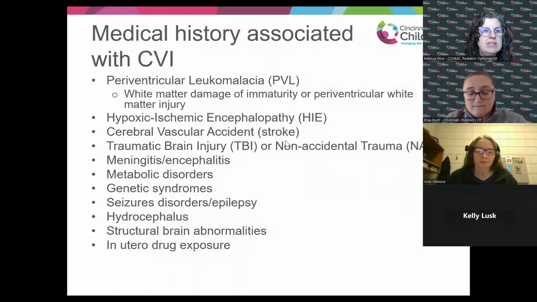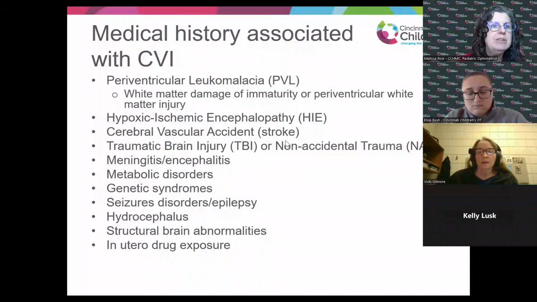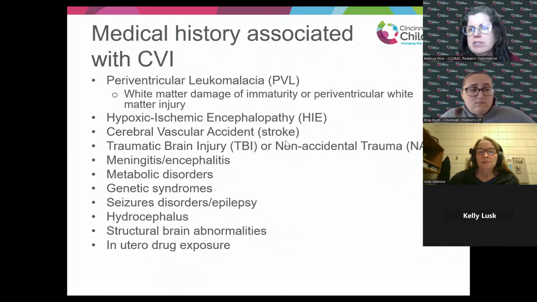Hydrocephalus is a risk factor. There are a lot of kids that do have this that are preemies that don't end up having CVI, but it's something to keep in your mind. And that can be from intraventricular hemorrhage, infection, tumors, head injury, and that can cause visual defects as well, or visual field loss. The structural brain abnormalities, some of the names like schizencephaly, polymicrogyria, lissencephaly, and there's more, but